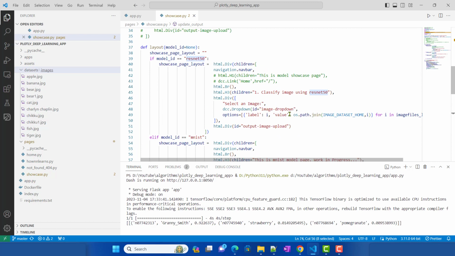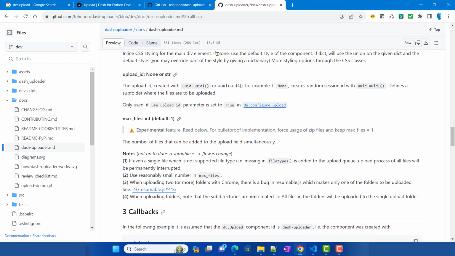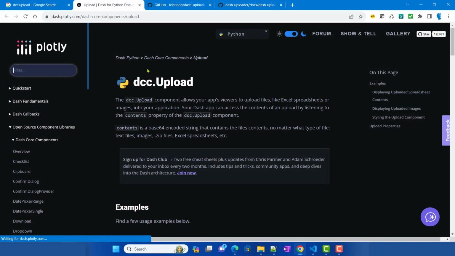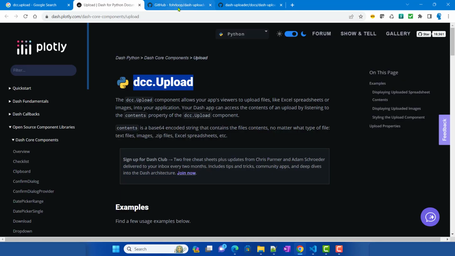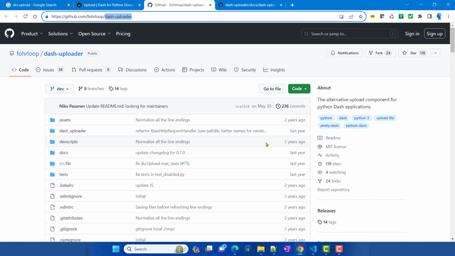Now the intention is to create our own image uploader here. There are two ways we can achieve that. If I go back to Chrome, one way is under dash core components: there is a component called dcc.upload. Or there is a community component called dash uploader. You can use either. Probably we will be using dash uploader today in this video. Probably I will create a separate video if required for dcc.upload, but whenever I create a file uploader in Dash, I mainly use dash uploader, because